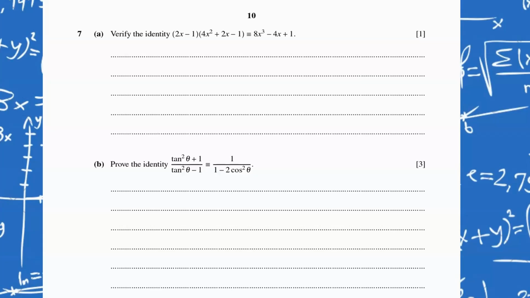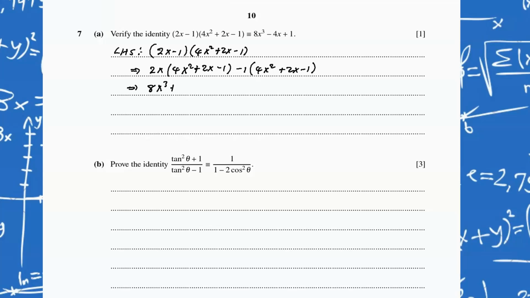On number 7, the question says on part A, verify the identity 2x minus 1 of 4x squared plus 2x minus 1 is identical to 8x cubed minus 4x plus 1. All right. So let's use the left-hand side, where we have 2x minus 1 of 4x squared plus 2x minus 1. This is the same as 2x of 4x squared plus 2x minus 1, and minus 1 of 4x squared plus 2x minus 1, which is